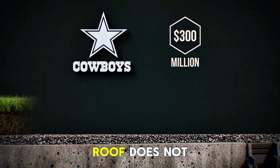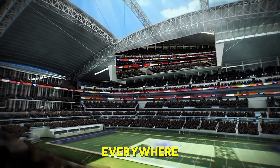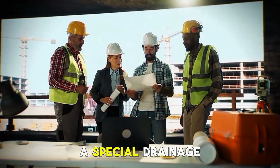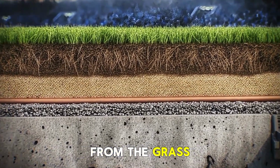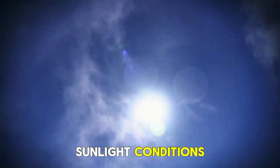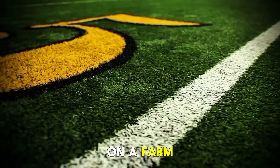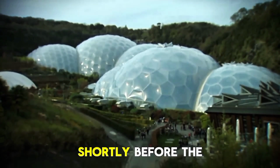Since the stadium roof does not fully open, the grass cannot receive equal sunlight everywhere. To solve this problem, the stadium management has raised the field by 6 inches. A special drainage system has been installed underneath to remove water from the grass, and artificial UV lights have been added to maintain proper sunlight conditions. The management's plan is not to grow the grass inside the stadium. Instead, the grass will be grown on a farm in Colorado and then transported in refrigerated trucks shortly before the